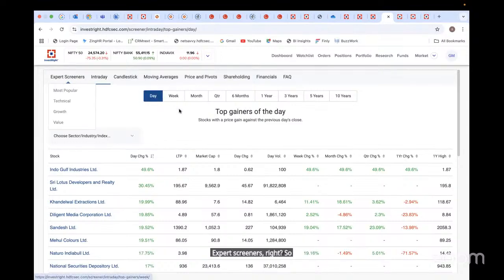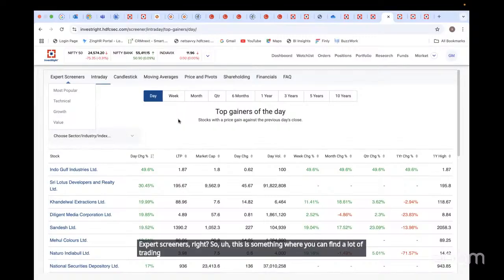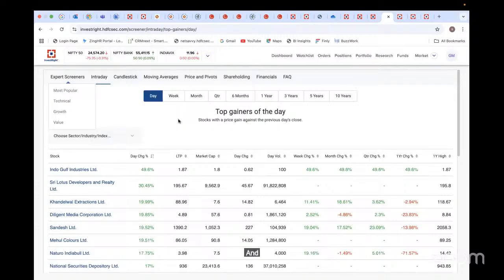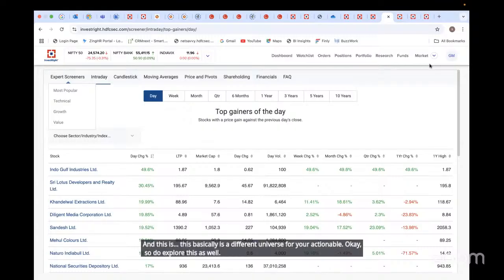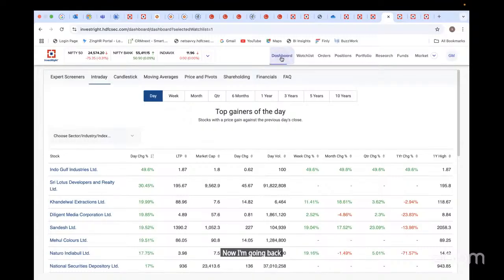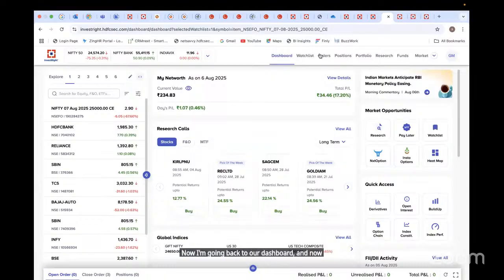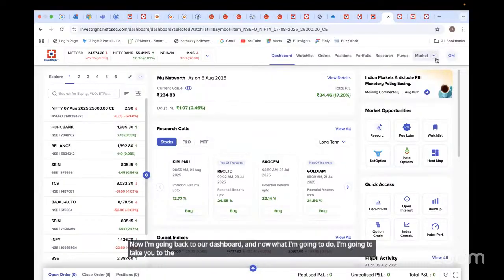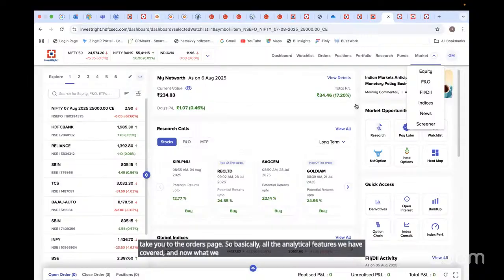You can see a lot of filters for the intraday, expert screeners, right? So this is something where you can find a lot of trading ideas, investing ideas, and this basically is a different universe for your actionable. Okay, so do explore this as well. Now I'm going back to our dashboard, and now what I'm going to do, I'm going to take you to the orders page. So basically all the analytical features we have covered, and now what we are going to see,